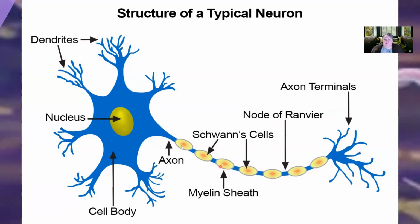And so on the axon itself, we have the myelin sheath. That's indicated here in yellow. So remember, it's that fatty insulating layer that's helping electrical signals go through the axon quicker. And the nodes of Ranvier are the little spaces in between. So if you think about the electrical signal coming through this neuron, it kind of bounces. And those nodes of Ranvier are the space in between where the myelin sheath has been created. And the Schwann cells, which are indicated in that orange-ish color right there, are an example of a type of cell that is helping to create that myelin sheath that helps that information pass